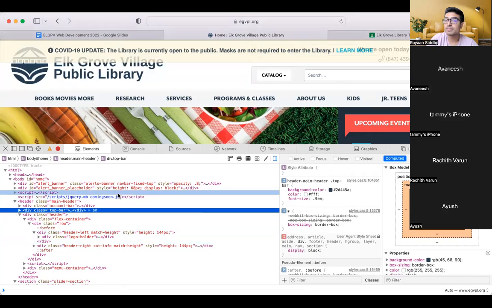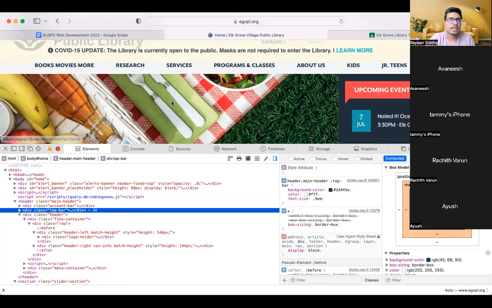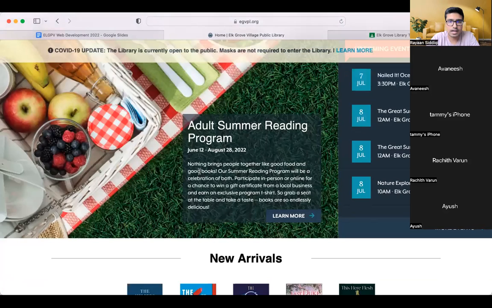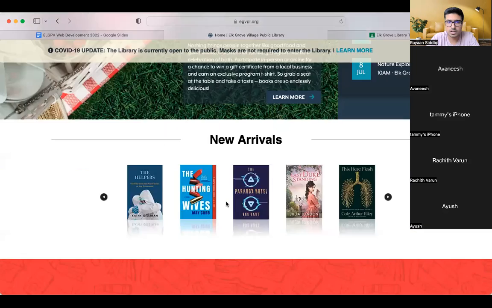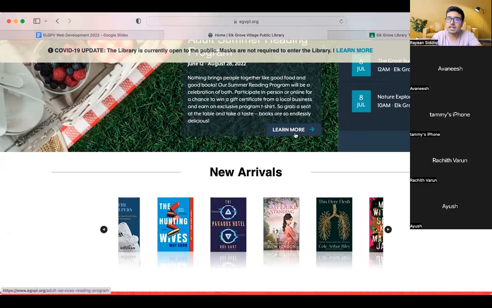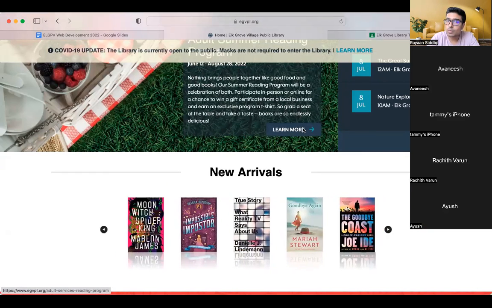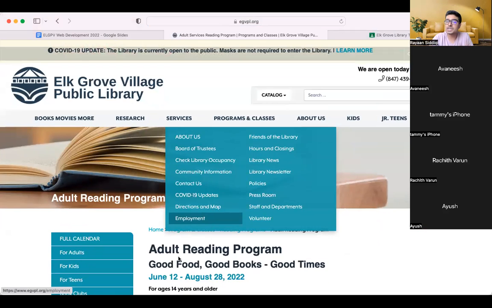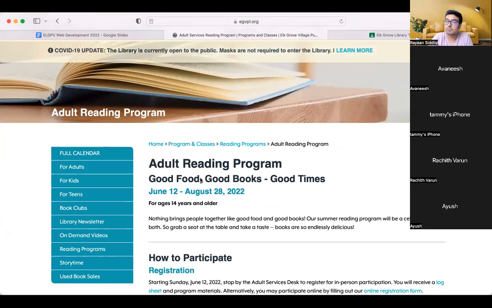Now, this is only the front end of the website. And when I talk about front end, that means it's only how the website looks to the user. So we're the users of the website. We're able to see how this whole website looks, but how does it actually function? What happens if I go down and click this Learn More button? When I click that button, how does the website know what to do? How does it know to redirect me to this page, giving me more information about these programs?